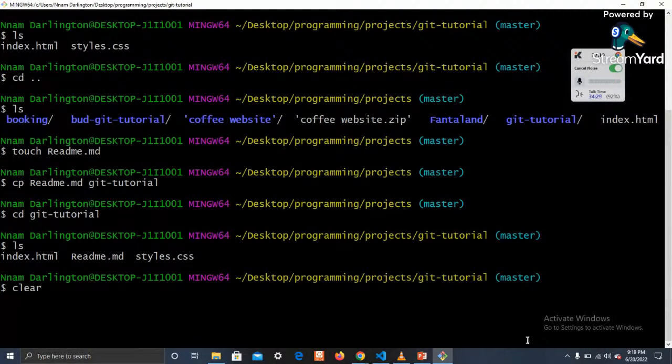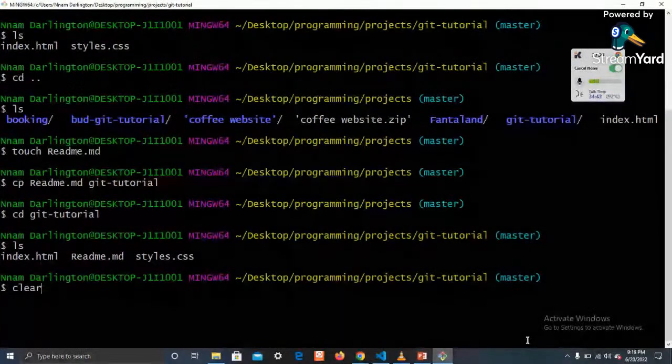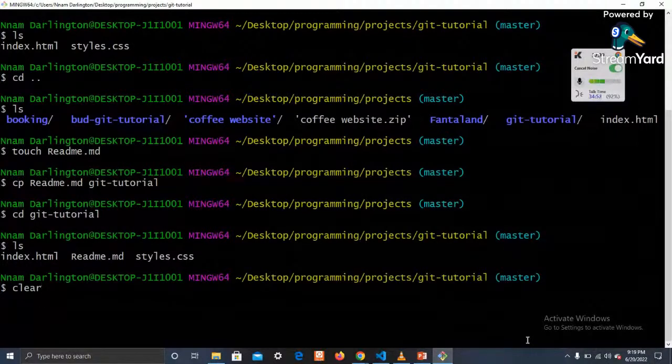So with the command line interface or the terminal, you are able to actually do the real deal, where you can change a lot of things, like creating files and folders. When you go to your file explorer, you can create a folder, right? It's very easy. Just click on create a folder and name it anything.